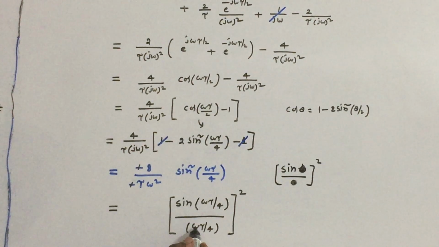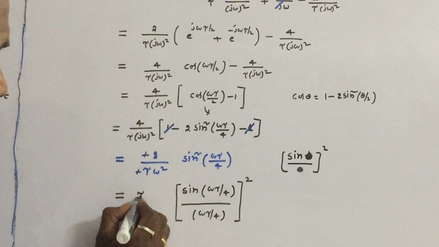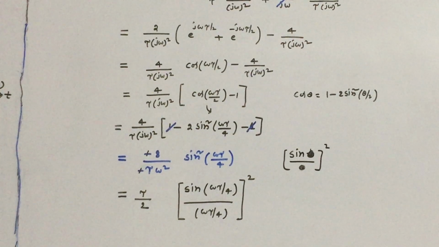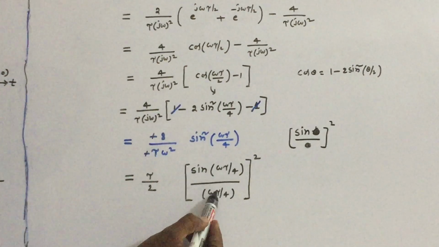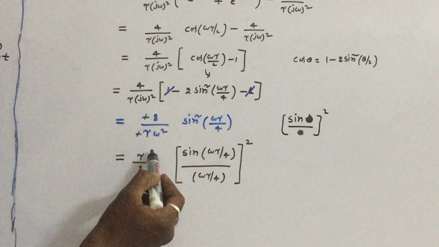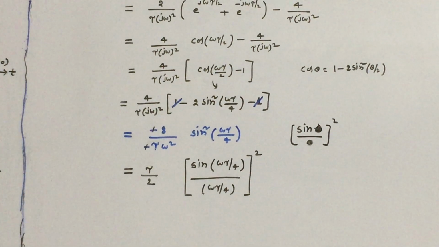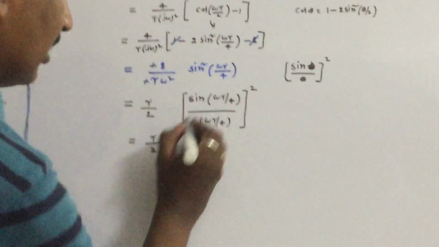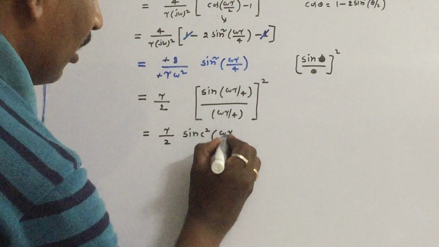So omega square is already there. T square will come. So therefore just multiply with tau by 2. So the same numerator term will come, check out. So omega square is there, tau square, 1 tau will get cancelled, the tau will be there. 16 will come, go to the numerator, 8. So therefore 8 tau by omega square will come as it is. So therefore this can be written as tau by 2 into sine square. Remember that, sine square omega tau by 4.